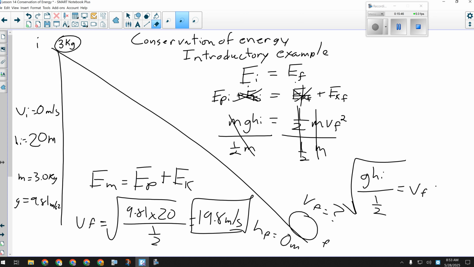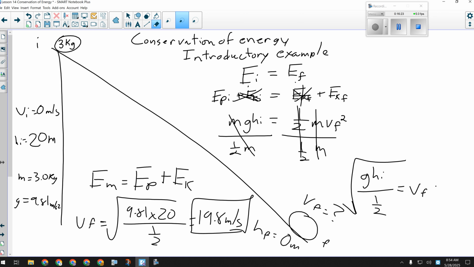You'll get heights here. And the other thing is, at least in Science 10, in a conservation of energy question, you'll get speeds and heights. Will you ever get that in a Science 10 work energy theorem question? No, because in a Science 10 work energy theorem question, either kinetic energy is changing and you'll get 2 speeds, or potential energy is changing and you'll get 2 heights. In a conservation of energy question, you could get 2 speeds and 2 heights. So you can kind of tell them apart by their givens, but also by the context of the question.